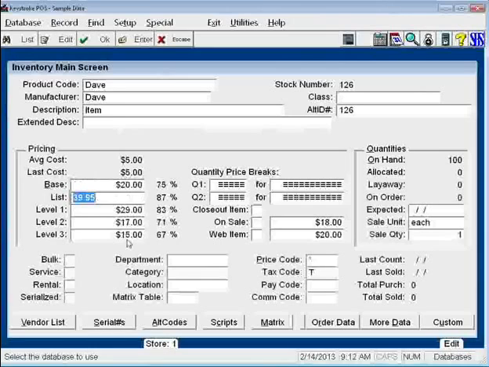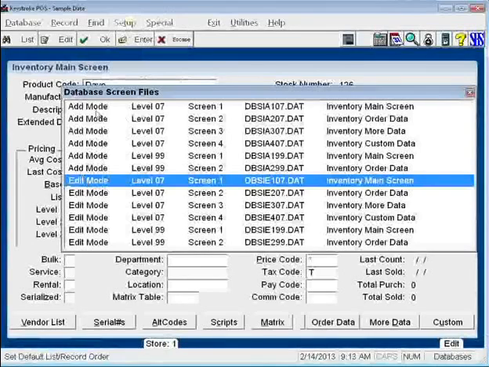This is a long explanation of really there are better ways to update prices on existing items than using the default function. It's best used as a convenience as you are adding new inventory items to fill in fields as necessary. And a lot of times when I tell people, like in the shoe example, if you're adding a whole bunch of Nike shoes, you can come in here and go into setup and default, add mode,